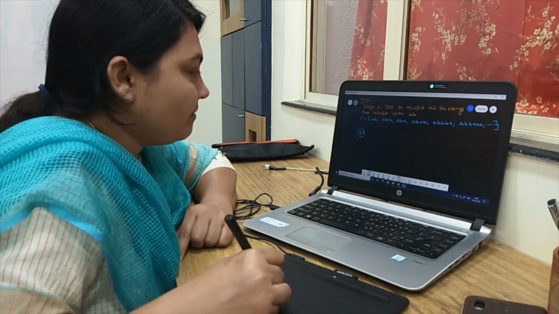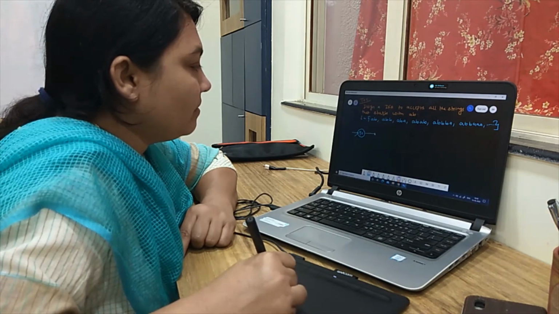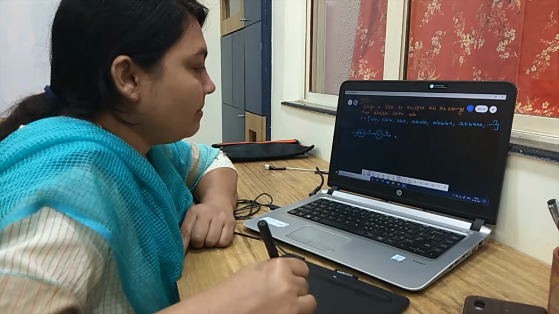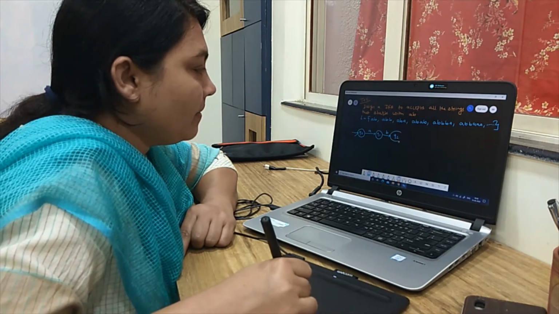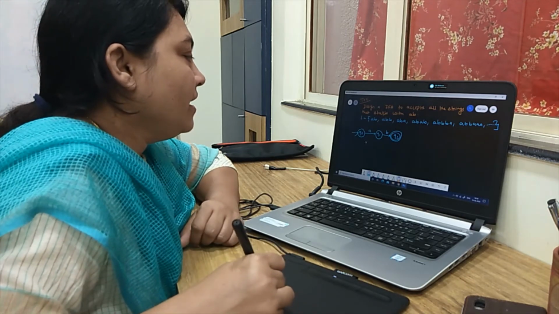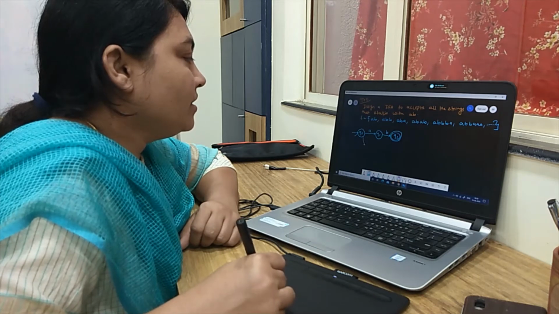Now let us draw the finite state machine. So we have to start with Q0. Now let me draw a machine to accept the minimum length string, which is AB. Now Q2 becomes your final state. Next, since the machine starts with AB,